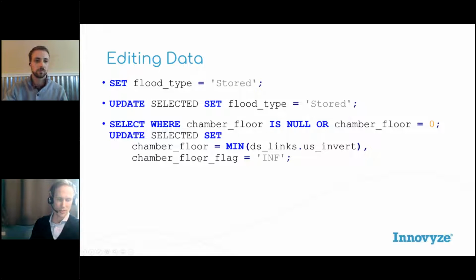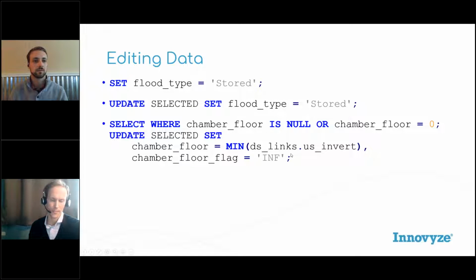So if you haven't done that before, any field that you update, you can just add the field name underscore flag, and then that's the flag for that field. And you can define it, and then you just set it to your string that is the flag. So in my database, I use INF as an inferred data flag. And so that means I'm kind of making a guess what that